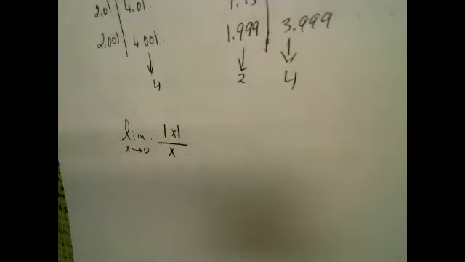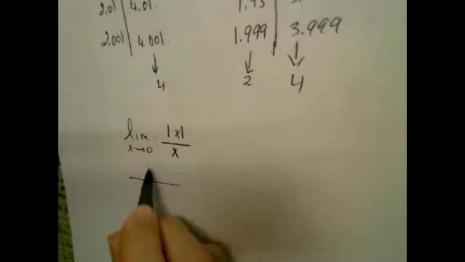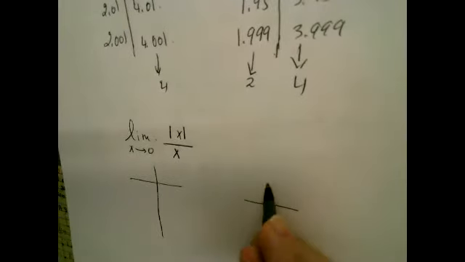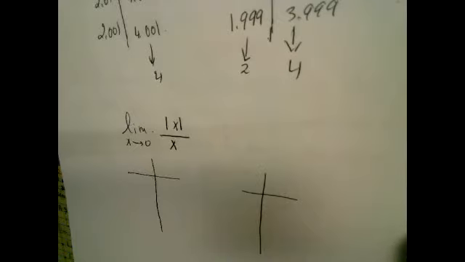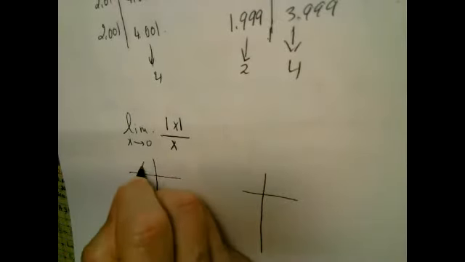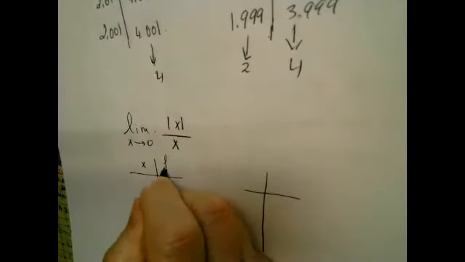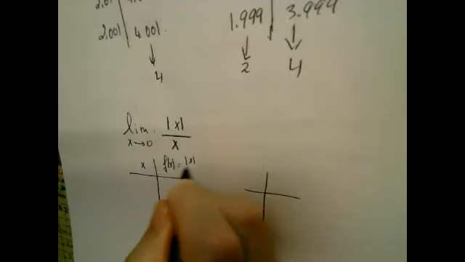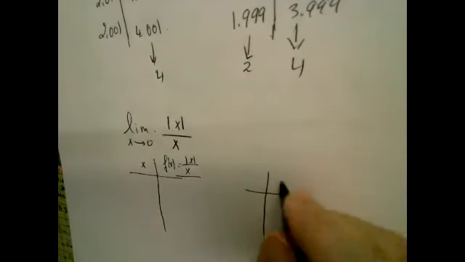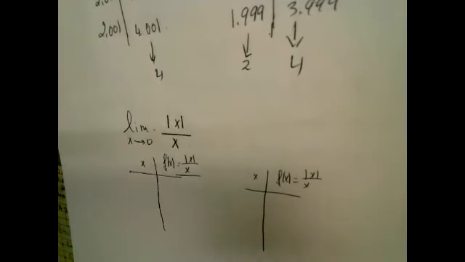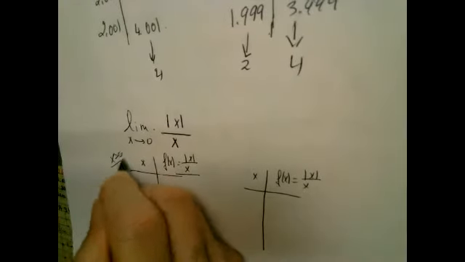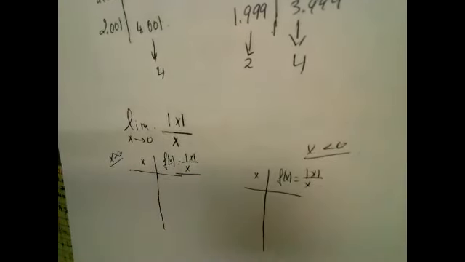All right, any ideas what's happening? Again, we're going to do both tables. So this is x, and this is my output here, and this is x. You don't really need any calculator whatsoever because those are easy to do. Let's take some value close to 2, and let us take here the value bigger than 2 and here less than 2. Bigger than 0 and less than 0, because the issue here,